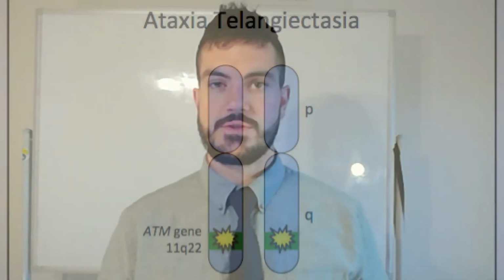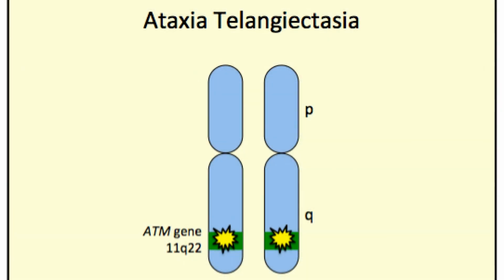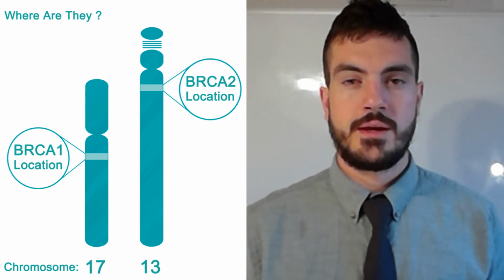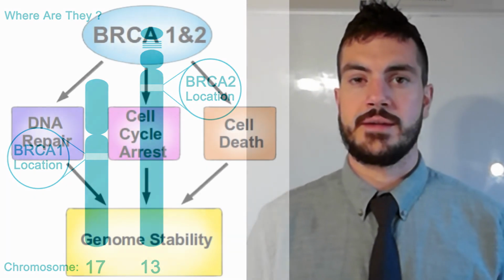And it encodes a kinase that's essential for p53 to be active, to have its activity. Now there's a specific condition called ataxia telangiectasia, where ATM is inactivated. And this is when you're going to have patients that are very hypersensitive to x-rays, and they're going to have a predisposition to lymphomas. To name a couple more tumor suppressor genes real quick, we have BRCA1 and BRCA2,